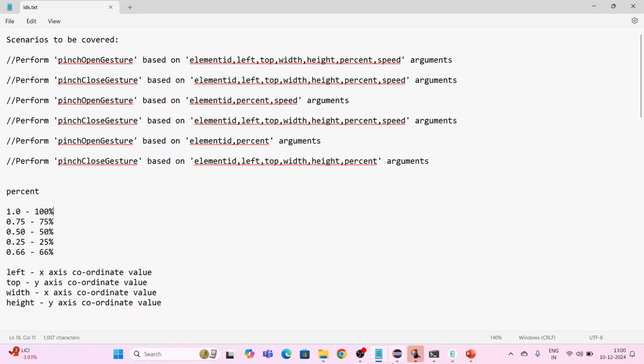Now I will open this one. As I told, left means the x-axis coordinate, top means the y-axis coordinate, width means the x-axis coordinate and height is the y-axis coordinate, for better understanding. As I told, that is the pinch bounding area. Now I will open Eclipse here